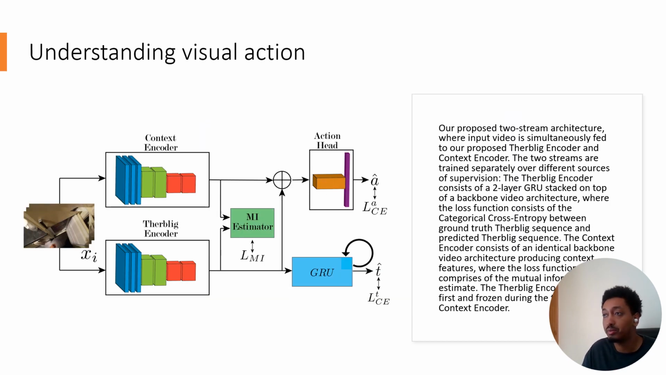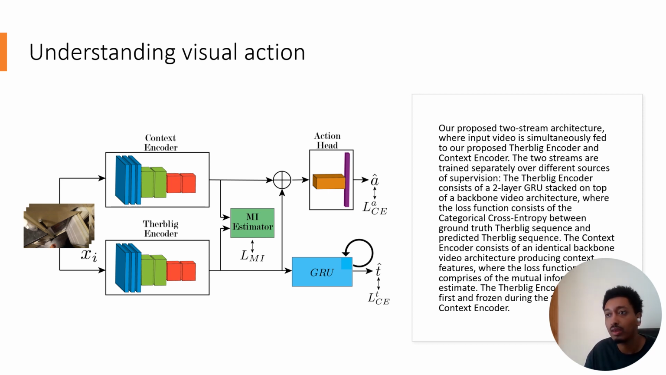So here is our proposed two-stream architecture as it's trained against the various sources of supervision. Input video is simultaneously fed to our proposed Therbligs encoder and context encoder. The two streams are trained separately over different sources of supervision. The Therbligs encoder makes use of its own Therbligs ground truth labels and